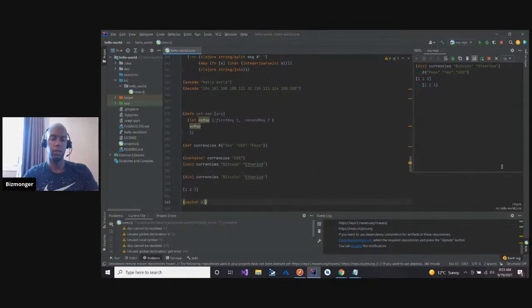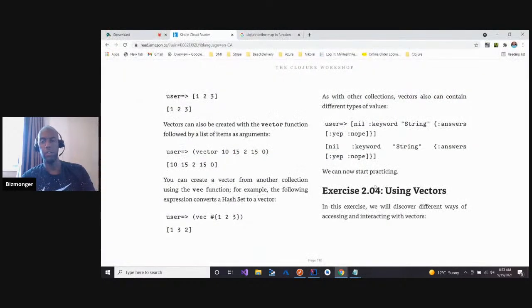Vector 3, 2, 1. Why would I ever do that if I could just use the literal? Maybe the context is when you're inside a function. I don't know.